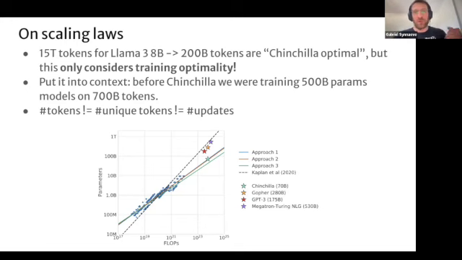But we have to remember that before Chinchilla, basically what we had were models like GPT-3, for instance, which was 175 billion parameters. So here on the axis, the orange one was trained with also a few hundred billion tokens. So it was 175 billion parameters, but trained with a few hundred billion tokens. Whereas if you actually want to be compute optimal for the amount of training data that there was in GPT-3, you would train a much smaller model, something like 30 billion or something like that.